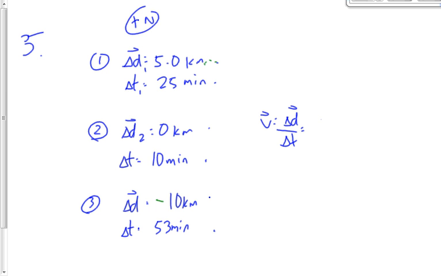Now the total displacement here would be negative 5 kilometers. 5 plus 0 plus negative 10. Add them up, right? We subtract positions, we add displacements. Add them up. The time here, what is that, 35 minutes,